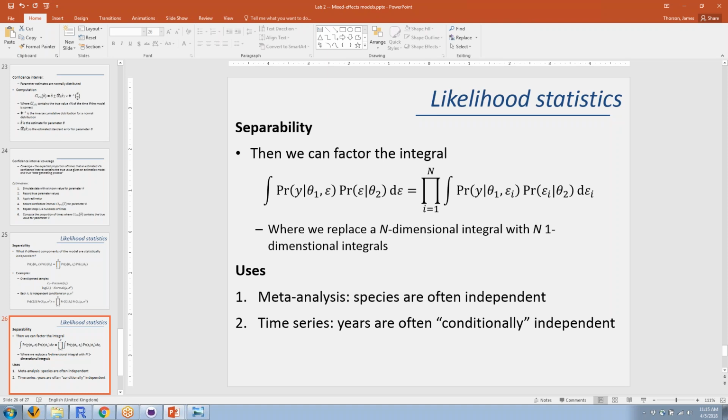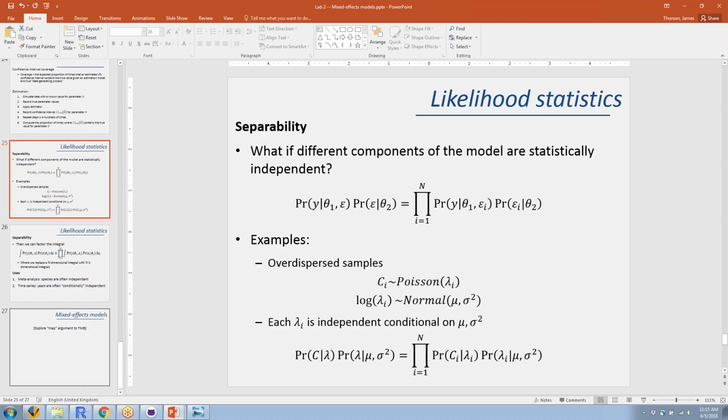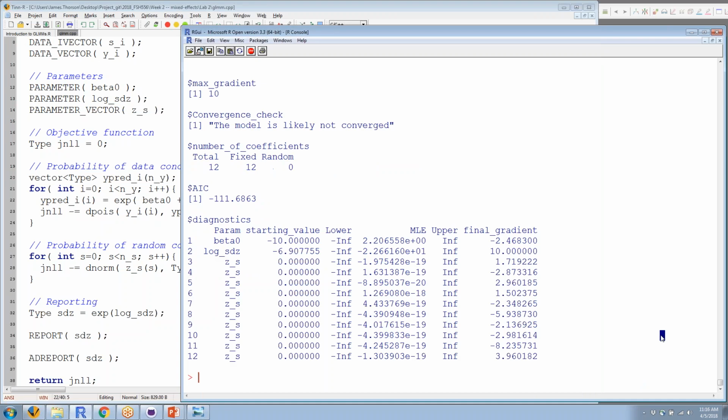So there's some link between the conceptual data generating process and the independence of the random effects that allows you to separate this integral into a bunch of smaller integrals. And that is called separability. And it also maps onto the structure of the Hessian matrix that we have to compute. So I'll just end with,